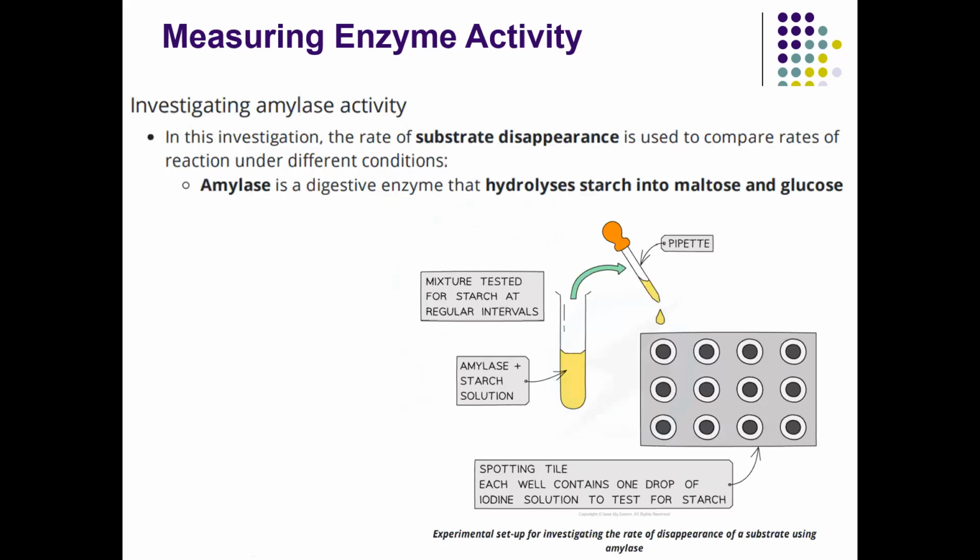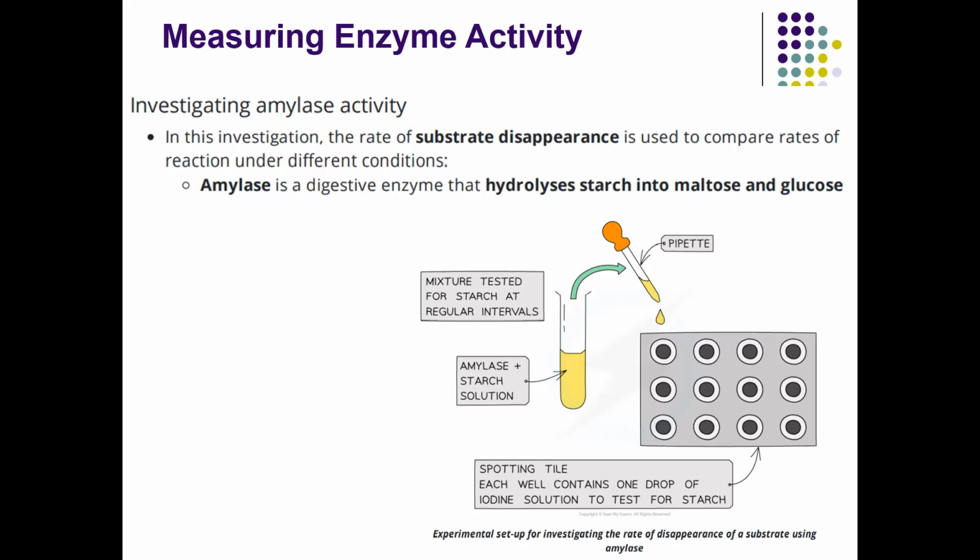Another thing, how to measure enzyme activity, it is by investigating the reaction. It is not easy for some chemical reactions. We cannot easily check the formation of the product. So the other way to measure the enzyme activity is by investigating how fast the substrate disappears, which is the substrate being turned into the product.